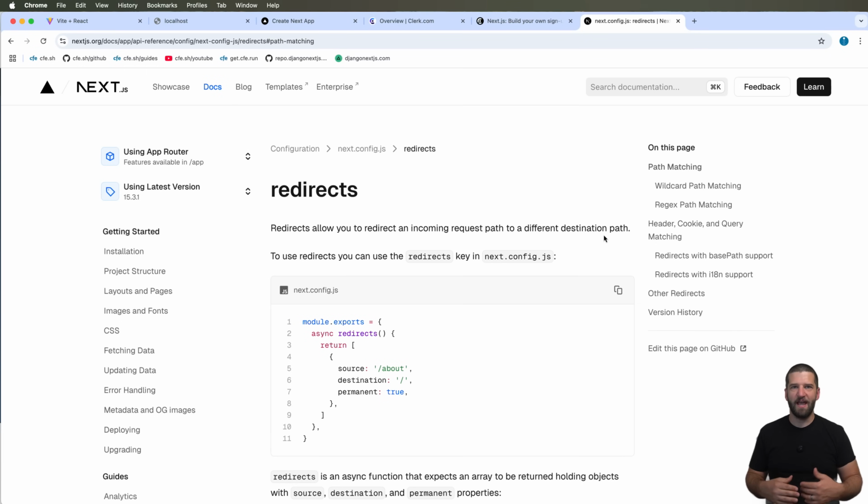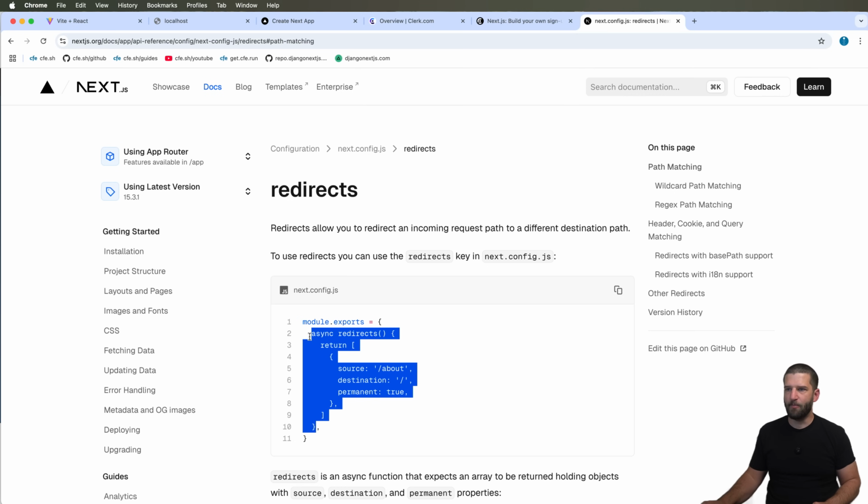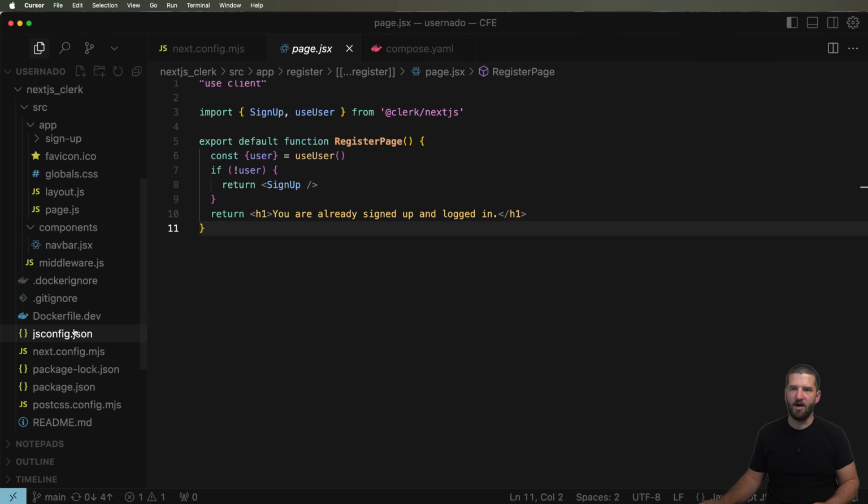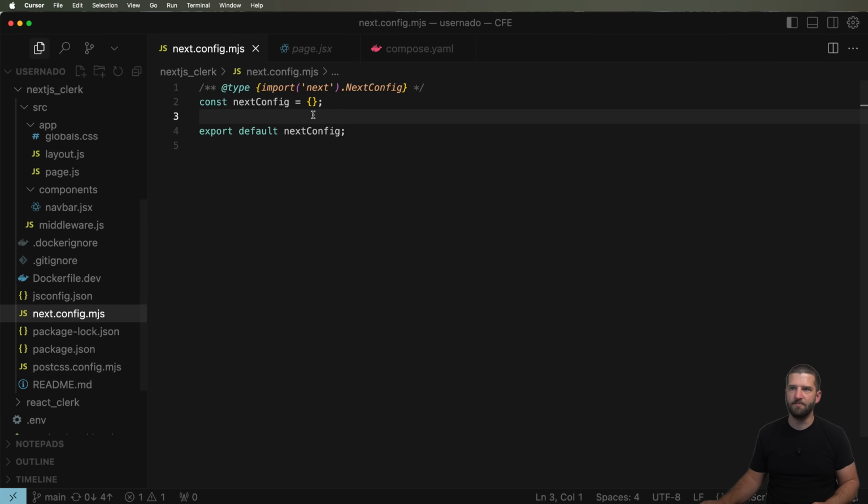If you know Next.js, you might be aware of the configuration that will allow for redirects, just to be really simple. So we're going to go ahead and implement that now. I would say most of the time this is probably the route you're going to want to go instead of what I showed you before. But the point of this was really just to make sure that you understand the two different ways of doing redirect. So if we come into our project here and we navigate down into next.config.mjs,